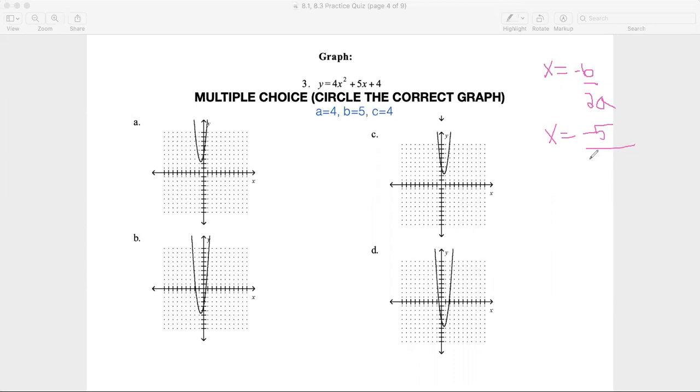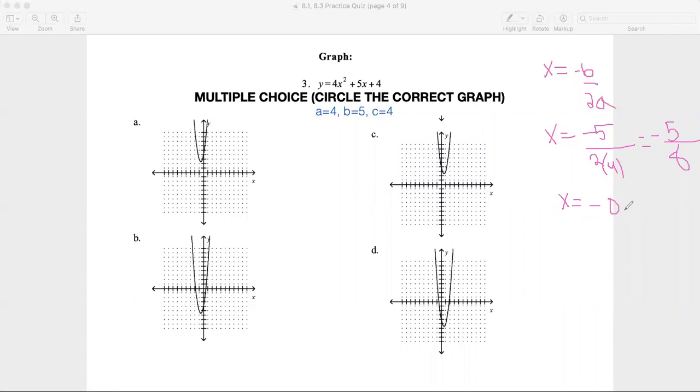over 2 times 4. Wow, this got real ugly. Okay, so this is a negative 5 over 8. Okay. Ew. So let's go ahead and turn that into a decimal. I think that'll just make things a little easier here. 0.625. So my line of symmetry is at negative